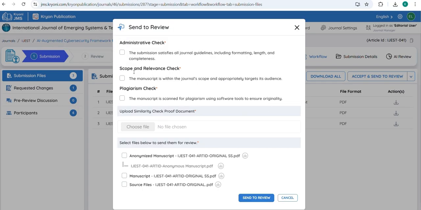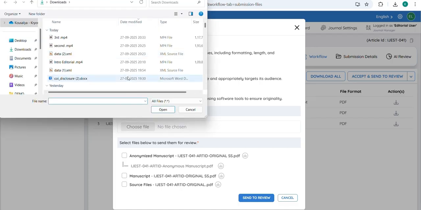Here, the journal manager needs to check the mandatory checklist that the manuscript has gone through the administrative check, scope and relevance check, and plagiarism check. For the plagiarism check, the corresponding manuscript needs to be submitted, and the similarity proof documents need to be submitted.